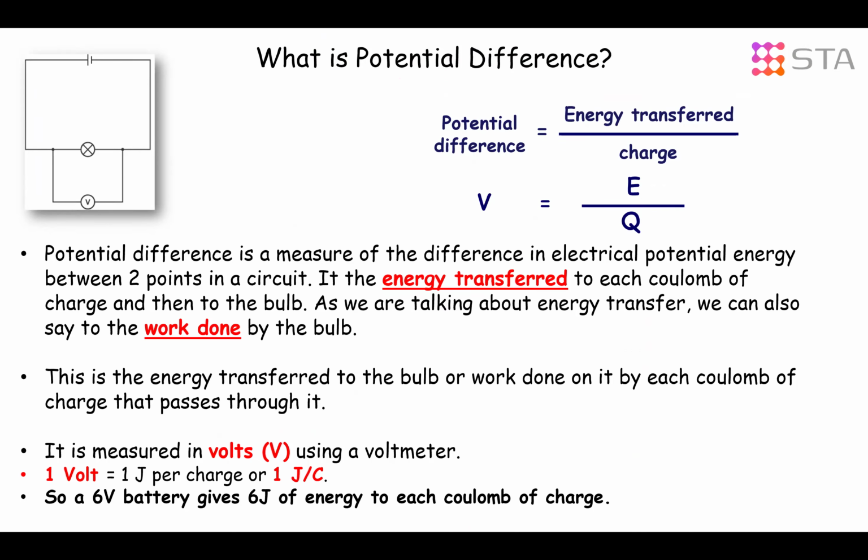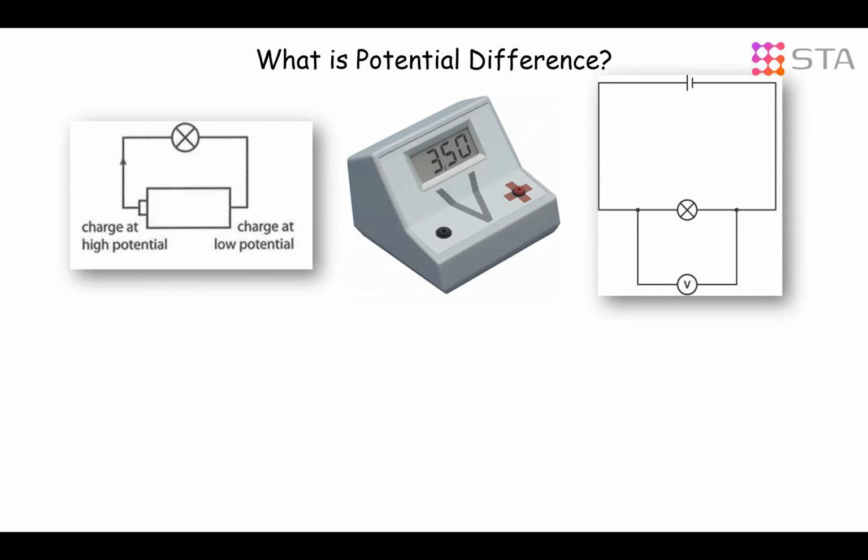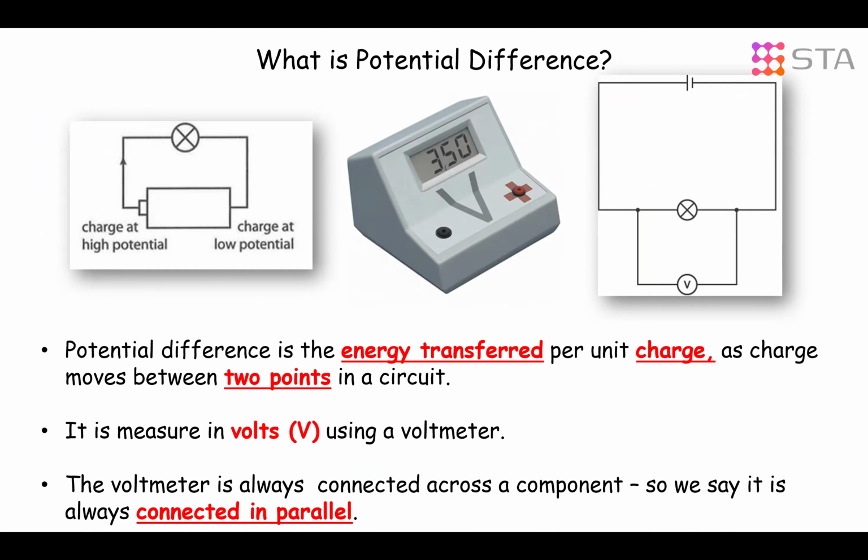All right, now moving on. What is potential difference? It's the energy transferred per unit charge as charge moves between 2 points in a circuit. It's measured in volts using a voltmeter. The voltmeter, as you can see in this diagram here, is connected in parallel. It's connected across a component, so you can measure the difference in